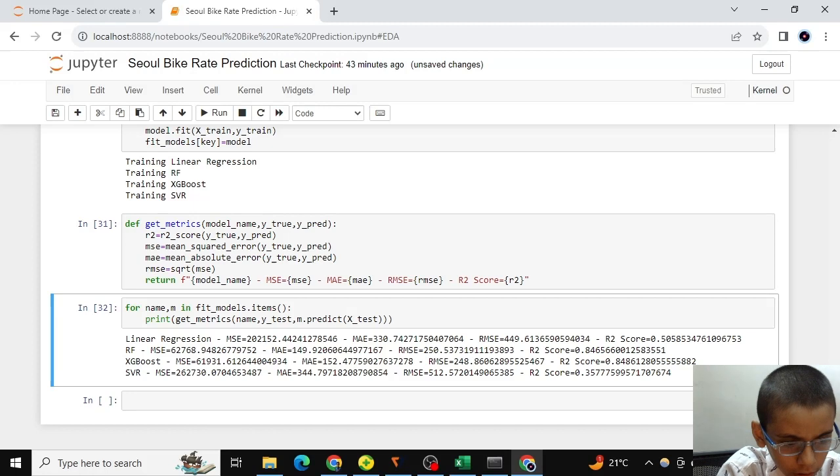Linear regression has higher mean squared error and mean absolute error. The RMSE and R2 score are very bad for linear regression, and random forest is not the best.